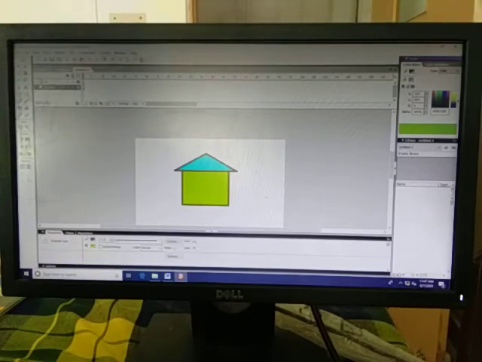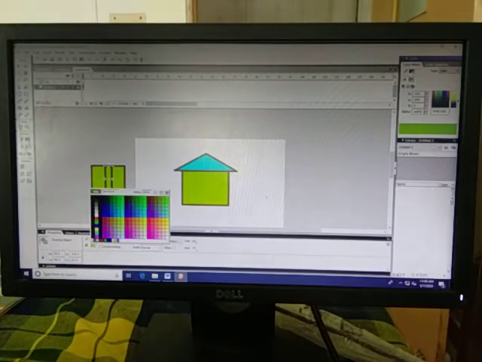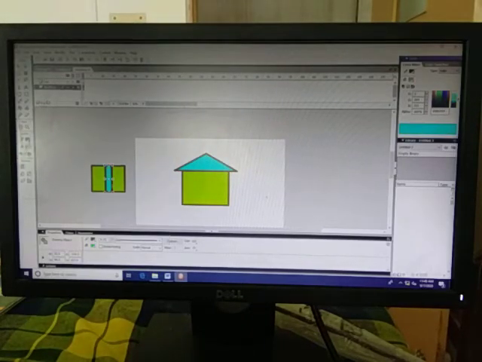Now you can make one more rectangular box. You can draw one rectangle here, and one more rectangle. Draw it like this, and you can move it to the center. Fill color, whatever you require.